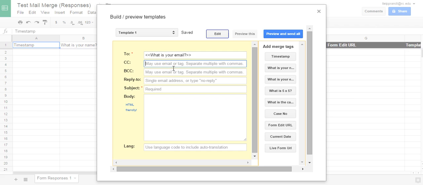You can carbon copy somebody, so I could find somebody in here, and I could enter my boss's email right there if I wanted to, or I can blind carbon copy. So if I want all my form entries to also go to my supervisor, I could just type in their email right there. Let's just say I want all of them to go to my email address. So this is confirmation for the person submitting them and for your supervisor, so they can have a hard copy